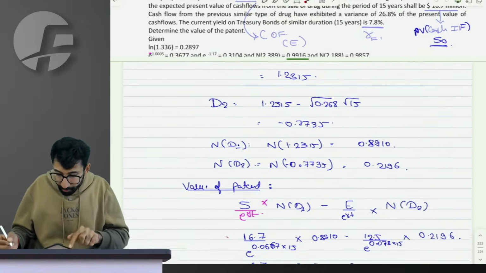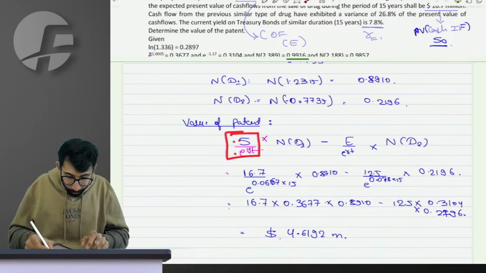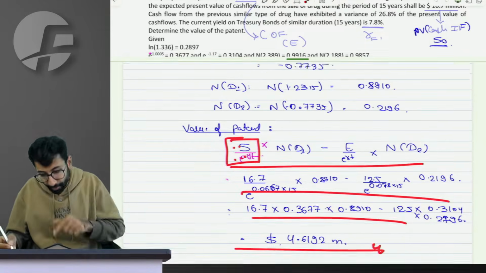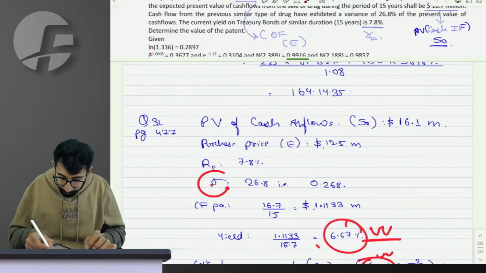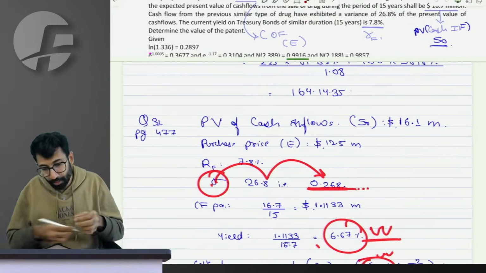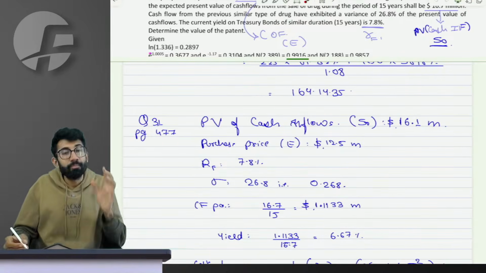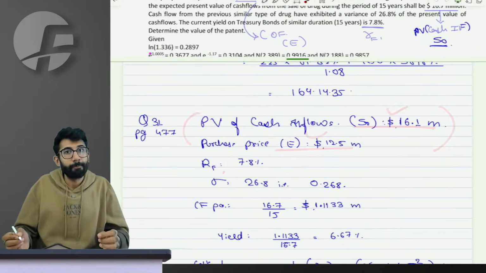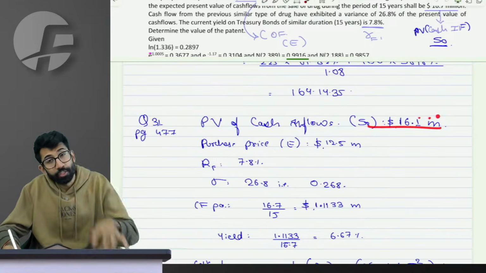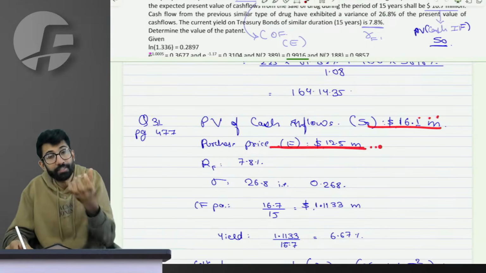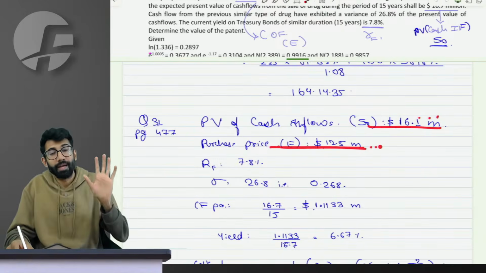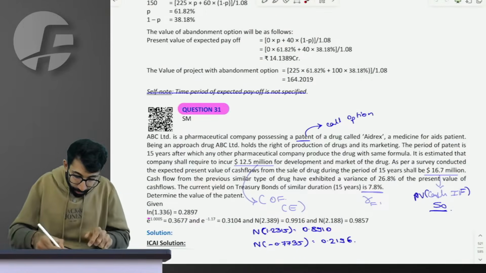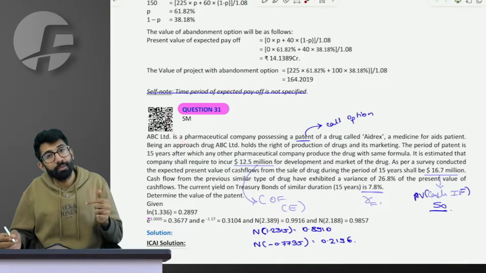Modification number 3, spot price will also have to be divided by e raised to YT, where everything else remains the same as we have learnt in derivatives, and the ambiguity is converting the variance into decimal just by dividing it by 100. And the important point was to be able to understand what is the spot price and what is the exercise value. Spot price is the value of asset today, which is present value of future cash flow, whereas exercise price is the price at which I can buy it, I can start the project. That was all, people, in the class on question number 31, which is valuing a call option using Black-Scholes model.